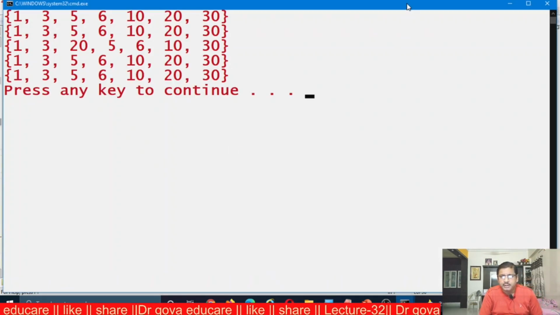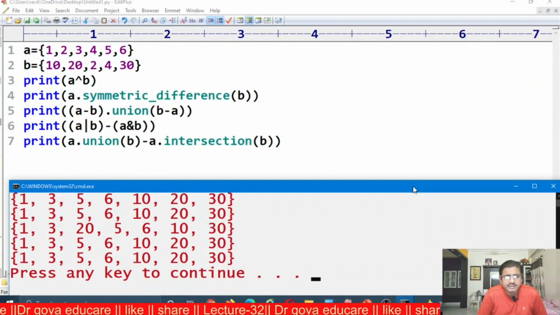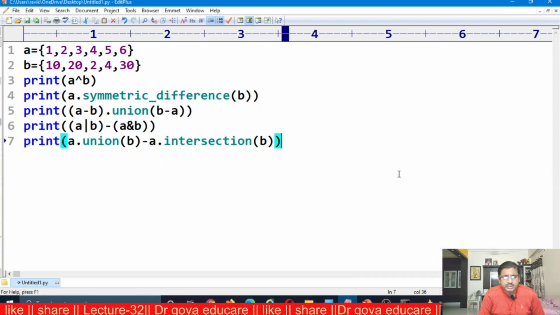I am using a built-in function. A intersection B is the same as B intersection A. We get the same answer.